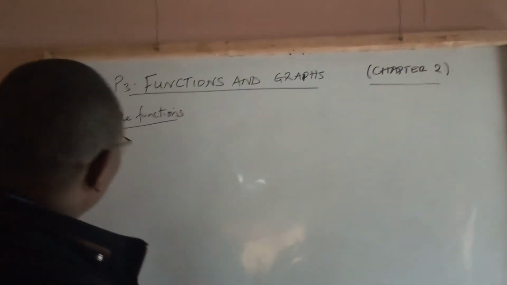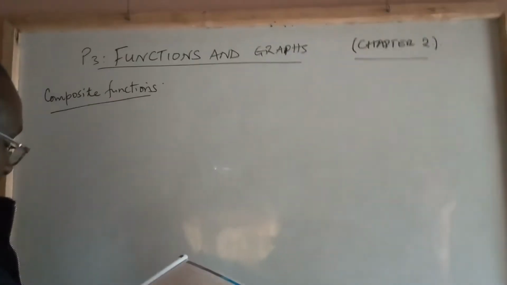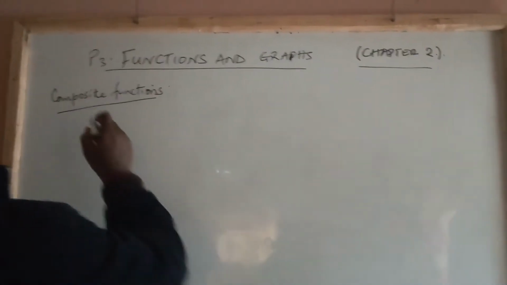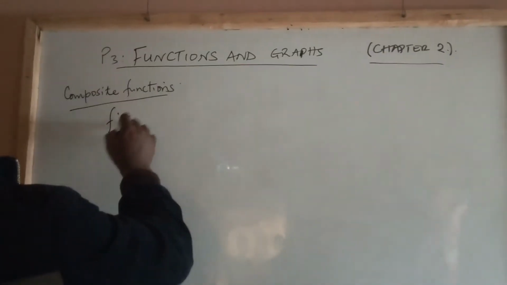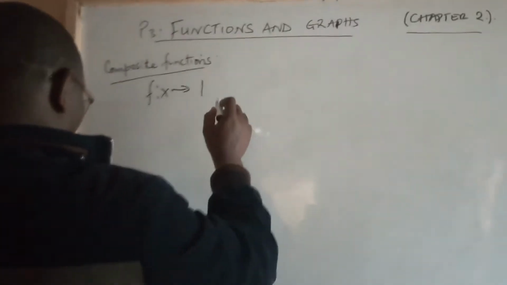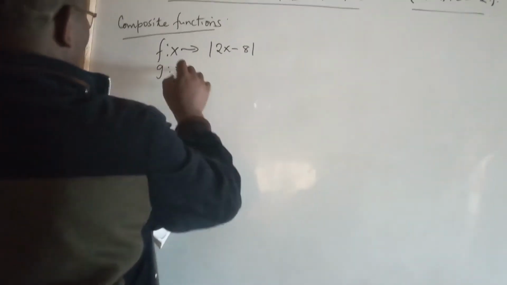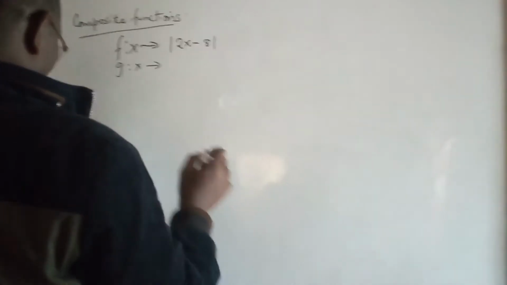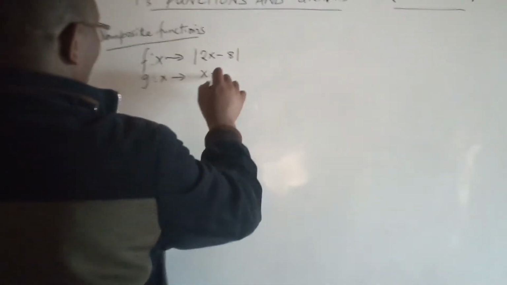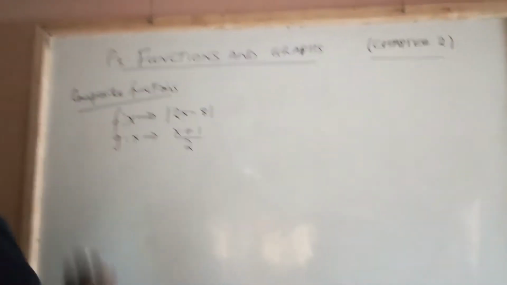Under example 12, the functions f and g are defined by: the function f is defined by the modulus of 2x minus 8, and the function g(x) is defined by (x plus 1) all over 2. And part A